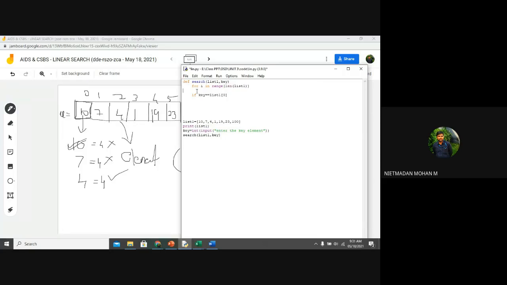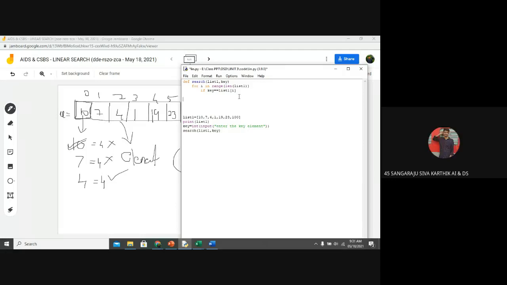It will start from the index value 0 to n, that is, from 0 to the length of list1, say 5. So here the index value will start from 0, and I can represent that 0 as i, right?